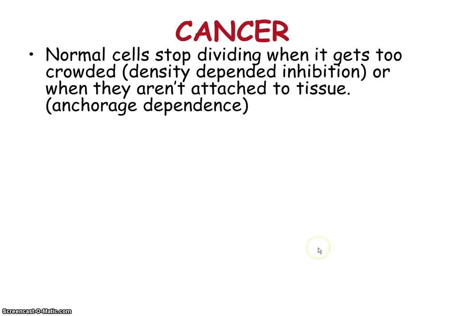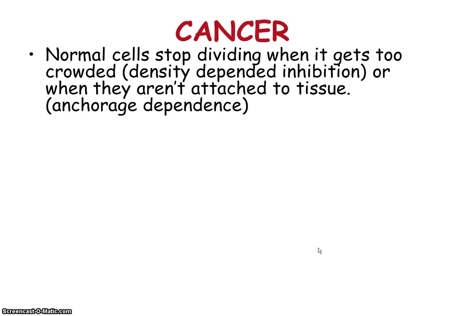We're not going to get into a huge amount of detail about it, but what cancer really is, is a lack of control. What should happen is that these growth factors, CDKs and kinases, etc., are supposed to send signals not to divide under certain circumstances. For example, if it starts to get crowded, if cells are touching each other, they should not divide.